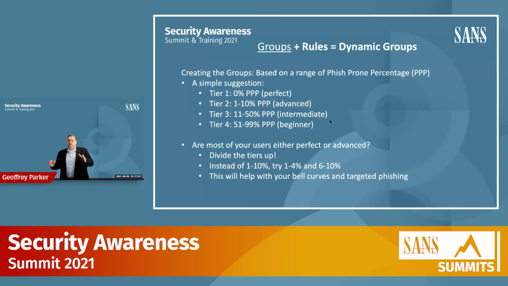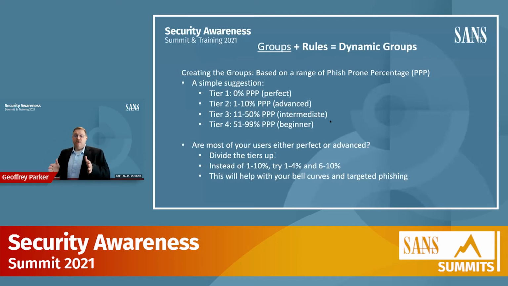So the secret sauce, not to jump on the scavenger hunt, but in this case, what makes this system work is groups and rules. And that's what equals the dynamic groups and the tiering system we developed and gives you your automation. Let's take a look at groups first, because this is a new concept to people that are used to working with static groups. Static groups don't change. It's where you've got a division or a business line or accounting or HR or your New York office, a geographic location. The users in those groups don't change unless new people come in and people leave the company or they change